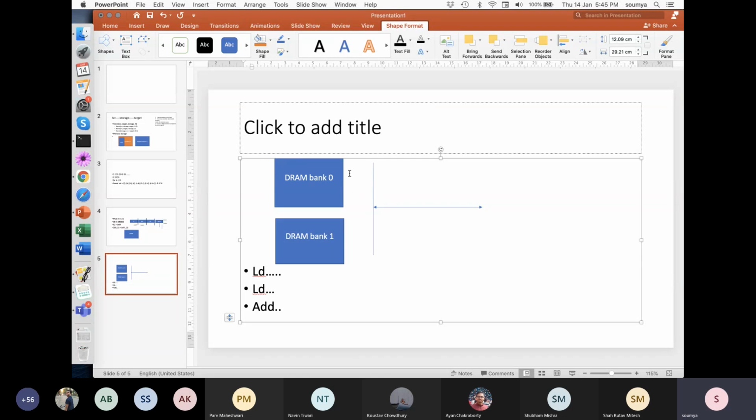So when the reads are done, the values that have been read will be stored here in a buffer. And from those two buffers, I can just sequentially transfer using a 32 bit wide bus. Since the transfer is fast, it is not creating any latency. It's the reading from the DRAM which is creating the latency.